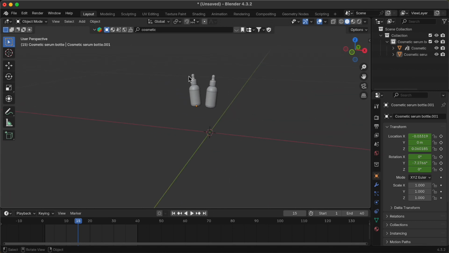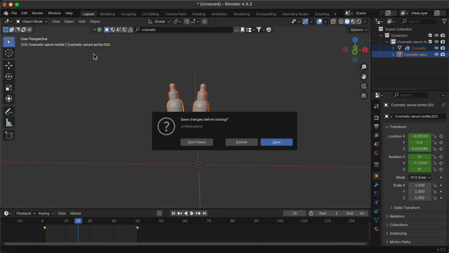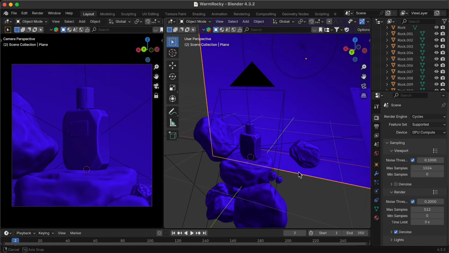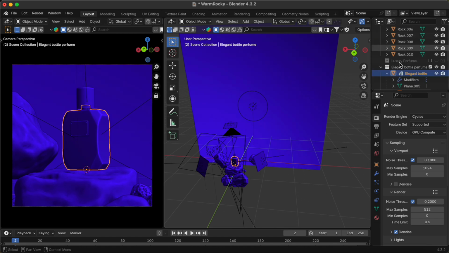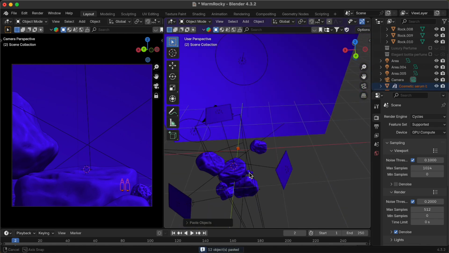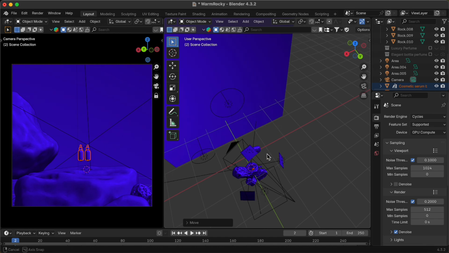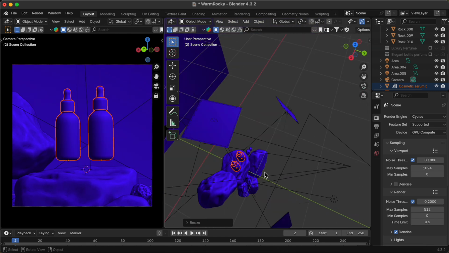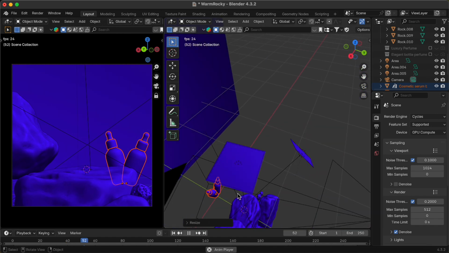Now for the sake of this video, I'm not going to be creating the scene from scratch. I'm just going to use one of the Pro Scene packs. So I'm going to copy this, press Ctrl C, and open the Wormy Rock scene. I'm going to go here to the perfume, hide everything, and paste my bottles. I'm going to move them here, go like this, and scale them up. Now you see, if I play them,